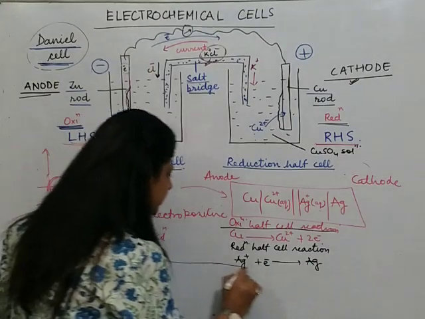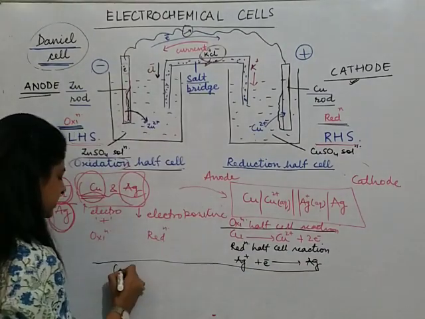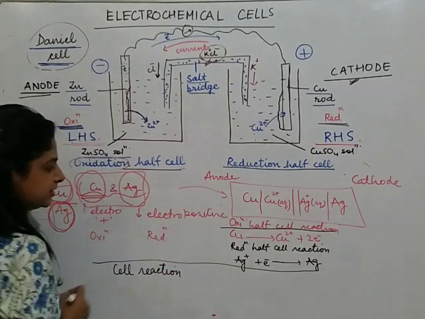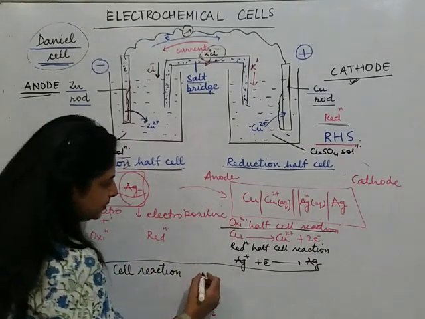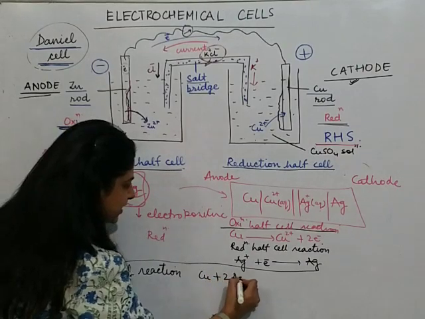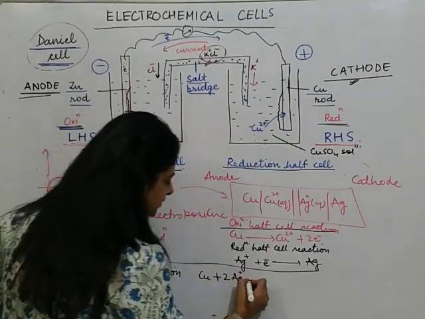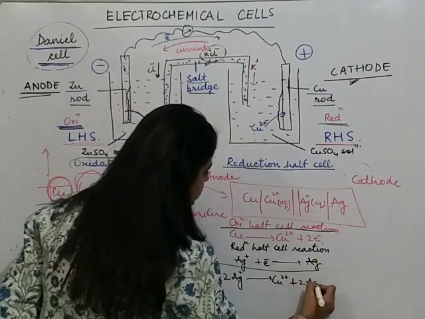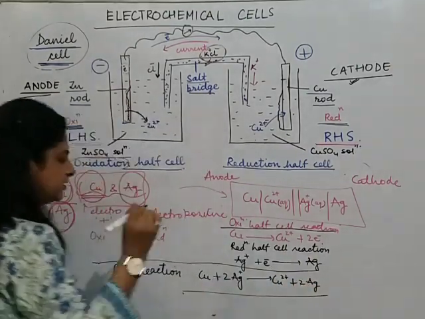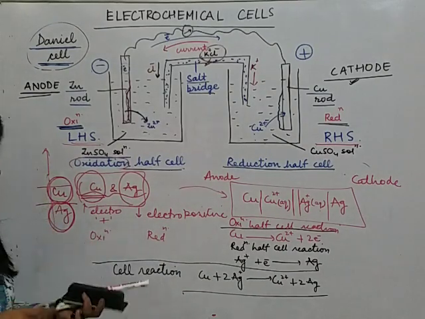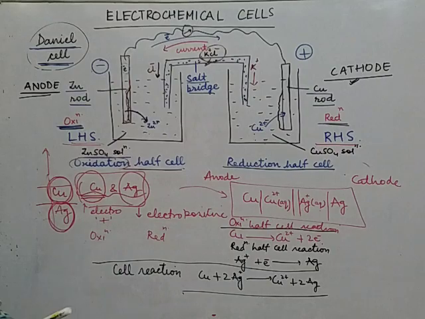Combining these two reactions, what would be the net cell reaction for this particular cell? It would be Cu plus 2 Ag+ ions will give Cu2+ plus 2 Ag. This would be the cell reaction for this particular cell that we have taken as the example, which is of copper